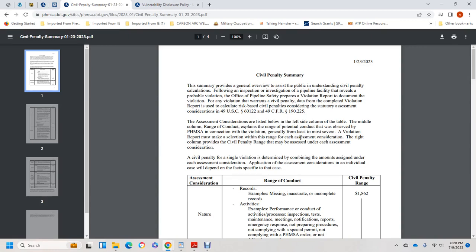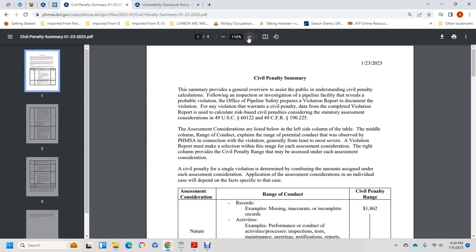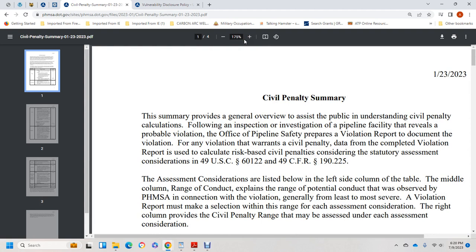All right, we're looking at the PHMSA.gov civil penalty summary. This summary provides a general overview to assist the public in understanding civil penalty calculation following an inspection or investigation of a pipeline facility and review of the probable violation. Once a pipeline safety inspector prepares a violation report documenting any violation warranting a civil penalty,